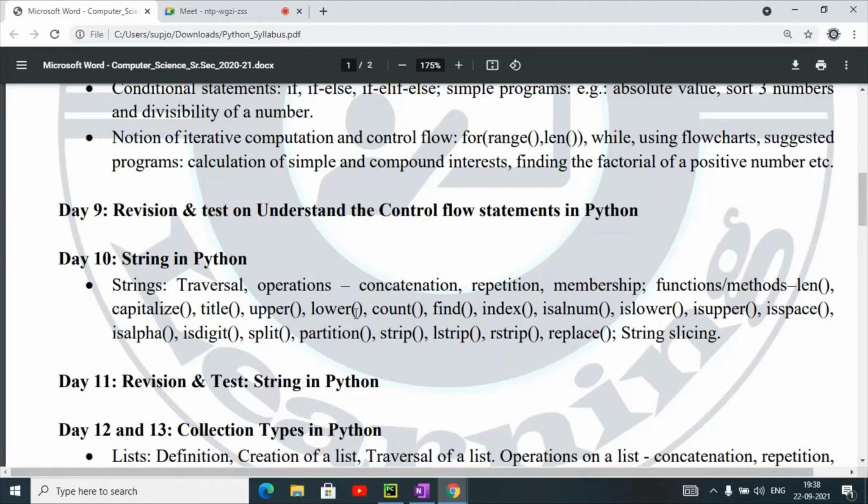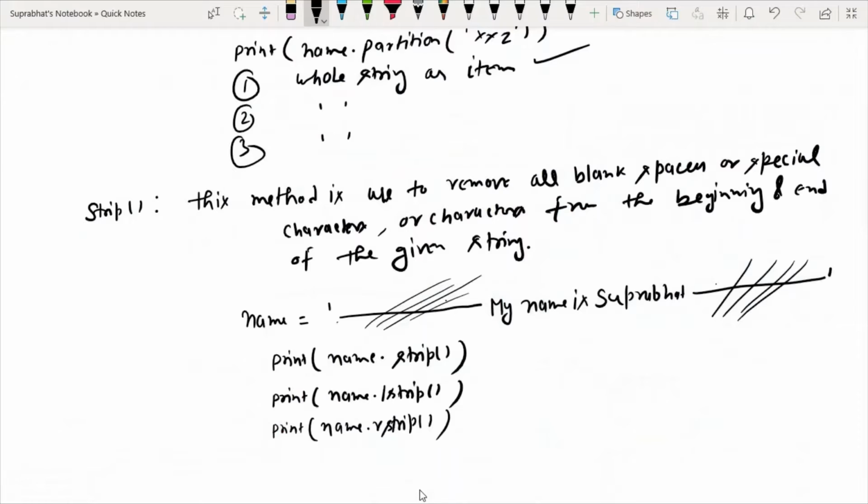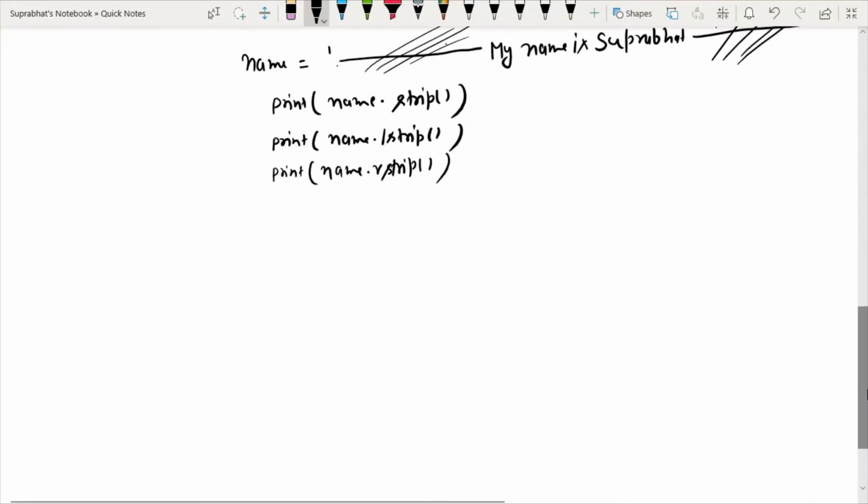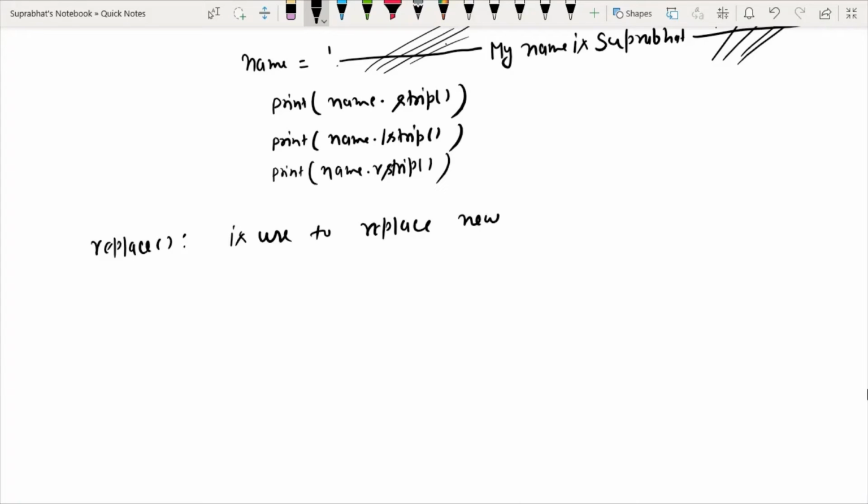Now everyone has understood these functions. The next function is the replace function, which is also a very useful function. The replace function is used to replace an old substring with a new substring.